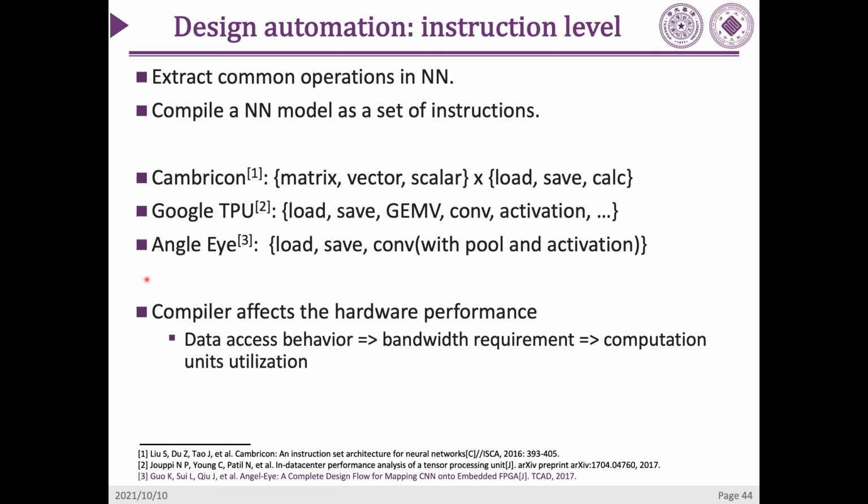You can see that different accelerators, for example Cambricon, Google TPU, or our work at Android, have quite similar instruction sets. And this compiler will affect the hardware performance, how to change the neural network structure into